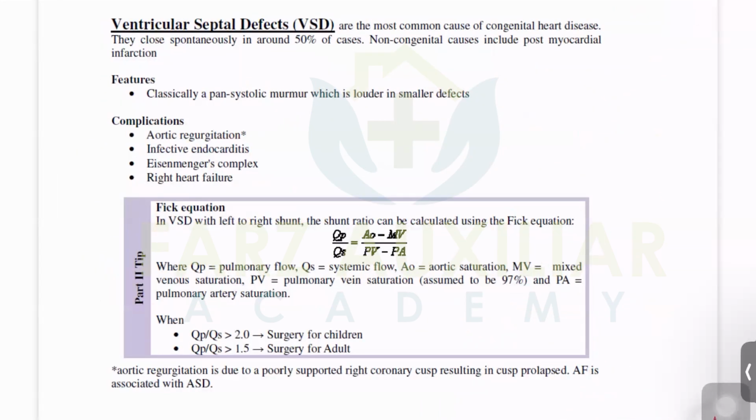Next is ventricular septal defect. They are the most common cause of congenital heart disease. They close spontaneously in around 50% of the cases. So this is a true and false statement: ventricular septal defects spontaneously close in around 50% of the cases. Non-congenital causes include post-myocardial infarction, and it is a mechanical complication. It develops around the 4th to 6th day after